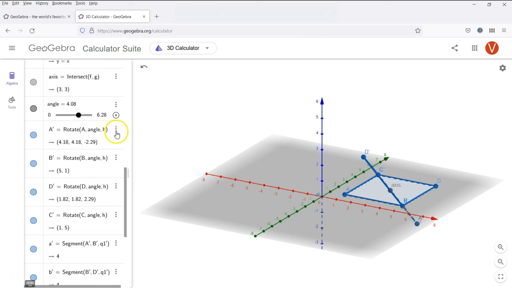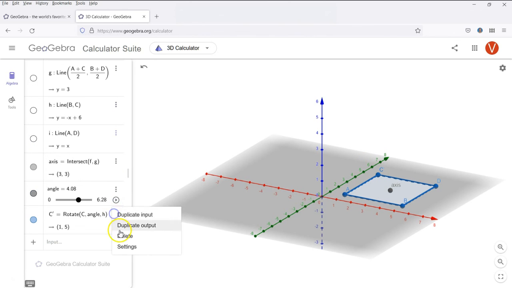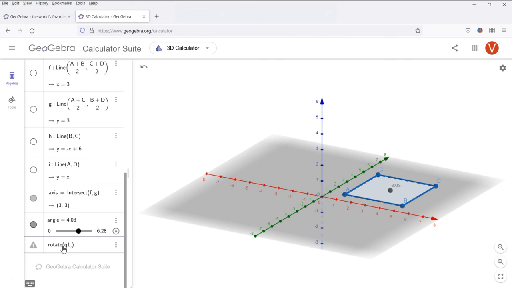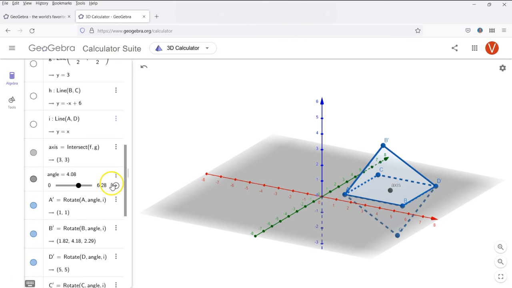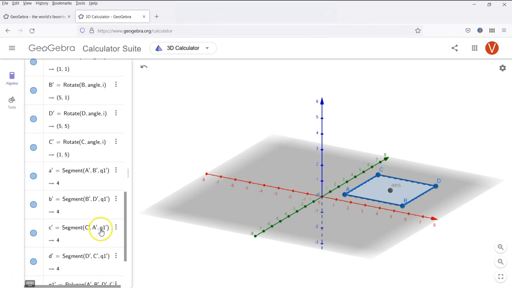And there was one more axis, line of symmetry. So let's finish off that as well. So rotate Q1 by this angle across I. So let's again play this. Got it? So that is the symmetry of a square. That's it. Bye.